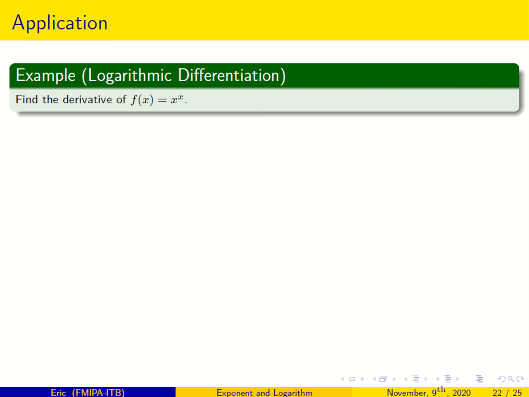What about x to the x? How do you find the derivative of this? It is not x times x to the power of x minus 1. No, no. Both the base and the exponent are functions of x. So you are left with logarithmic differentiation. Let y equal x to the x. So ln y is ln of x to the x, and since this is exponentiation, it becomes a multiplication. The derivative of this is a product, u times v, so the derivative is u prime v plus u v prime.